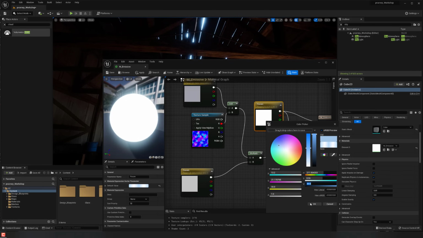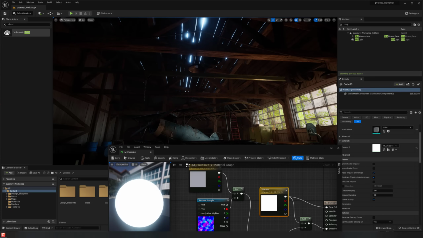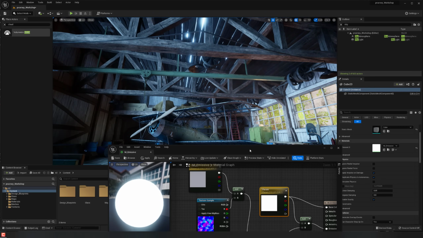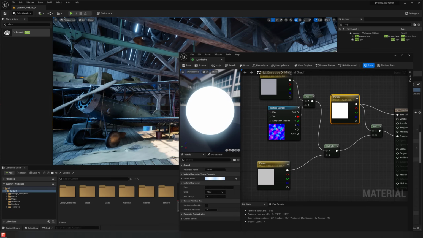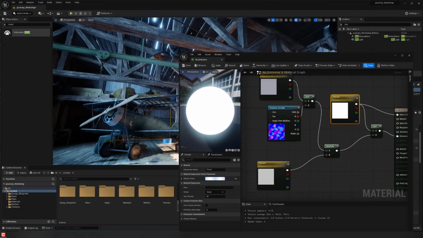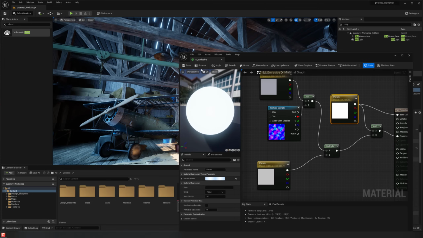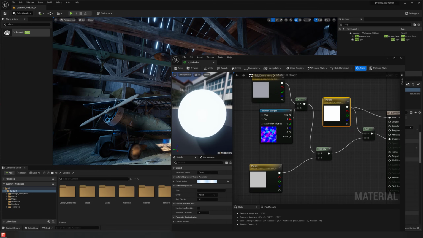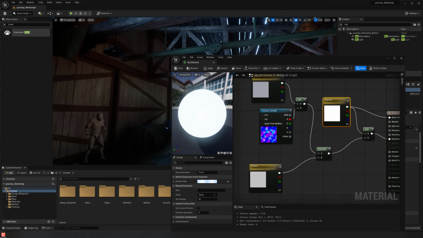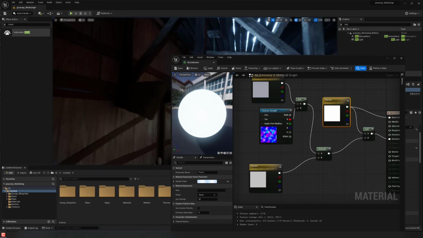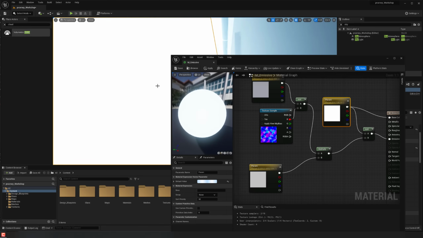So let's say we do something like that, and yeah, that's definitely way too much, but that's pretty cool what it is doing. I think bringing down this value a bit more, and the color,